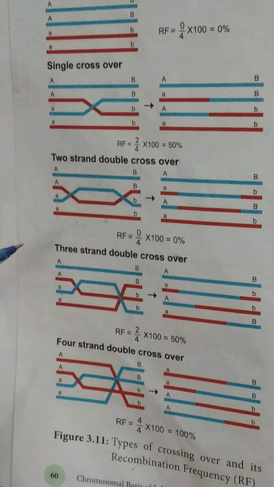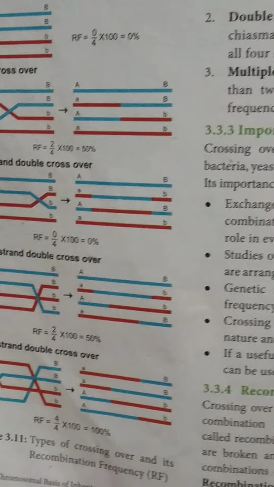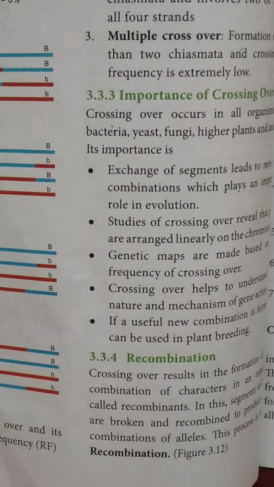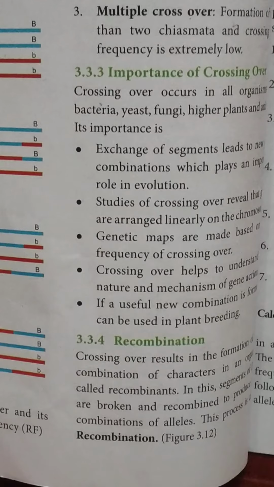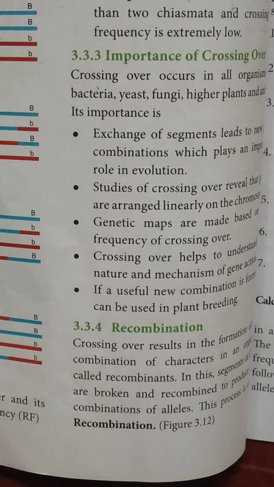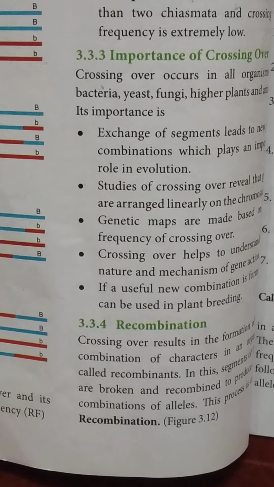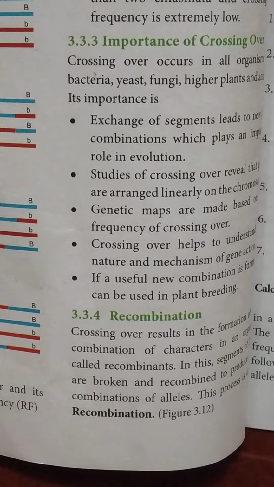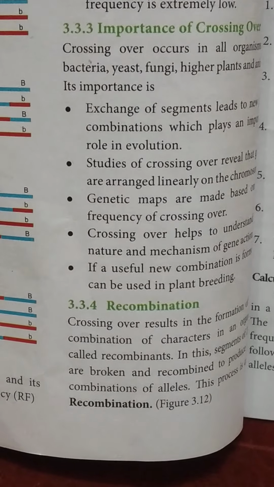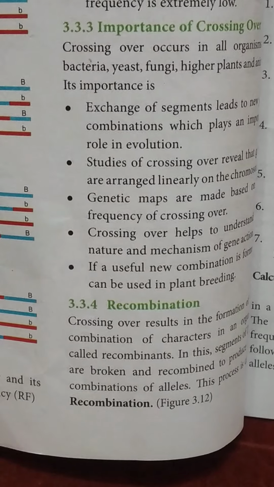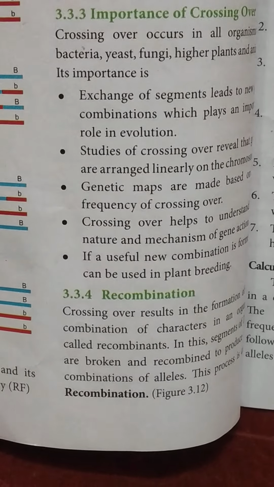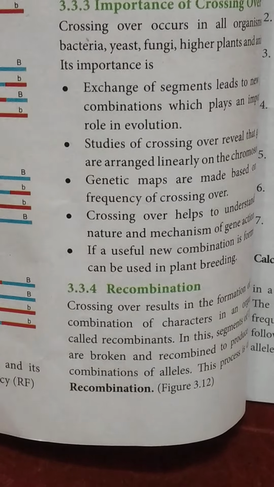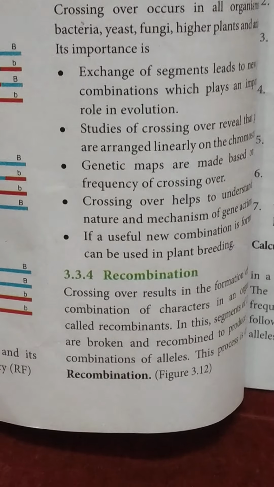And fourth, it helps to understand the nature and the mechanism of the crossing over. And next, crossing over helps in plant breeding. Crossing of the different varieties of the plant is called plant breeding. So these are all the 5 significances of crossing over. First, it helps in the process of evolution, then it helps to understand the linear arrangement of genes on the chromosome, next it helps in framing the genetic map, it helps to understand the nature and the mechanism of gene action, and it helps in plant